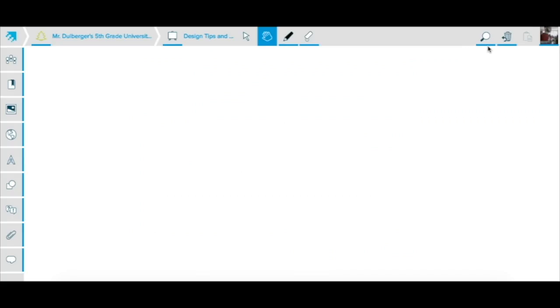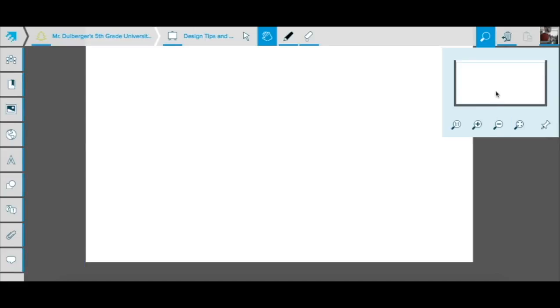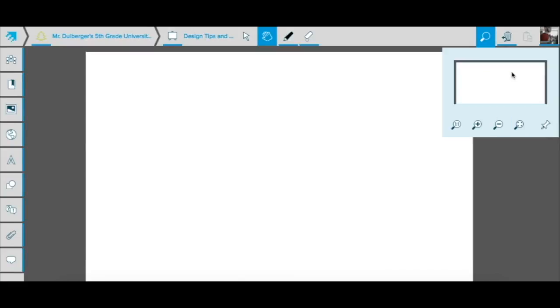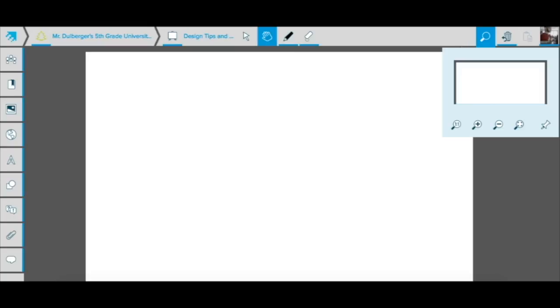Now, one thing I ask for you to consider is to think about using the magnifying tool as you navigate your way through the workspace. This can be extremely helpful for reminding yourself of where everything is and thinking about your workspace flowing like a unit or lesson plan. So I'll show you an example of a workspace where we can zoom out and see how the